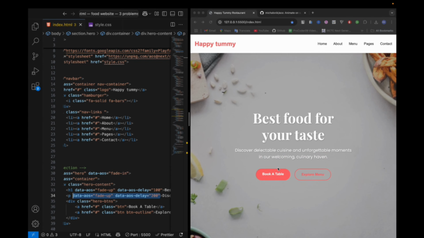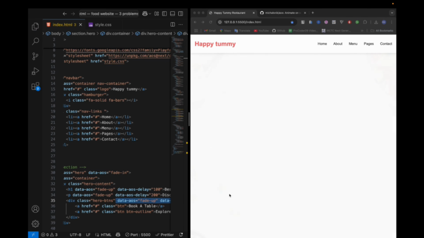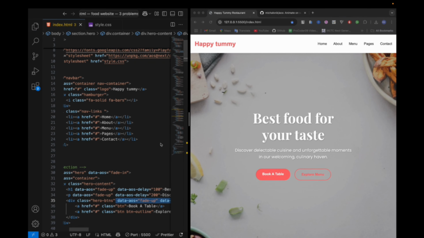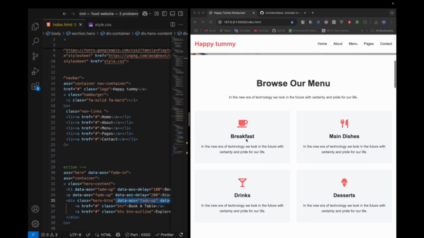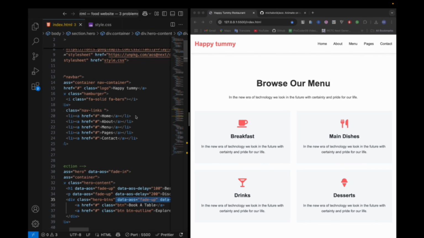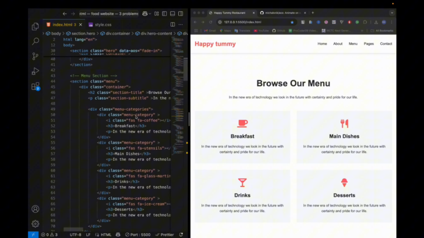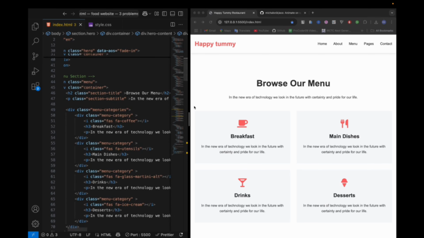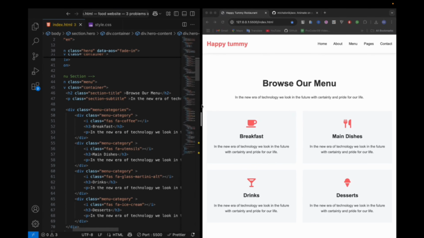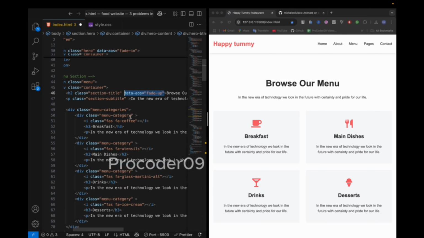Now it looks fine. Now let's add to the buttons. It's okay now. Now let's come to the browse our menu part, and add it here as well. Let me just increase the size of it. Now it's fine. So here you can see it looks fine, and then this one as well,